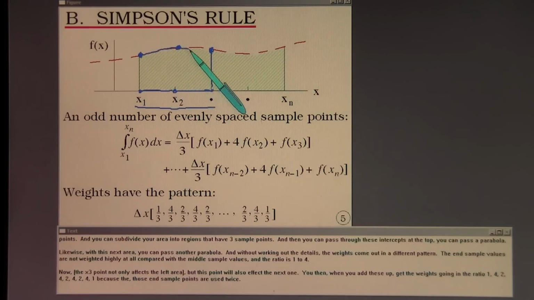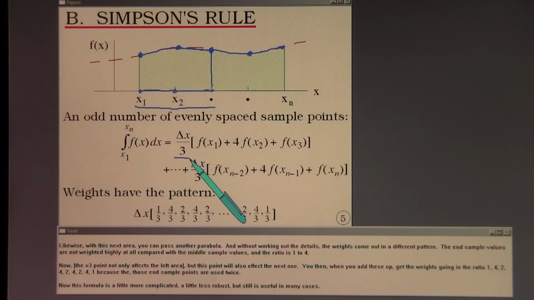Likewise, with this next area, you can pass another parabola. And without working out the details, the weights come out in a different pattern. The end sample values are not weighted highly at all compared with the middle sample values, and the ratio is